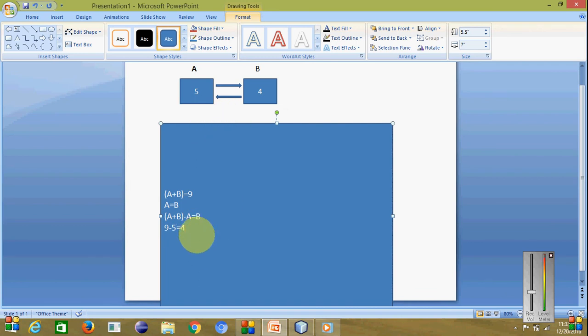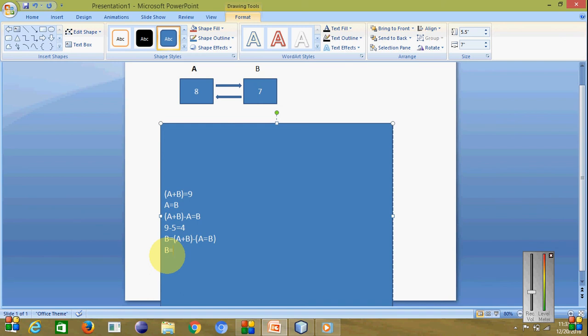And if we take all this logic in a single line, and then check it with other values, like if we take A has value 8 and B has value 7, then what will happen?